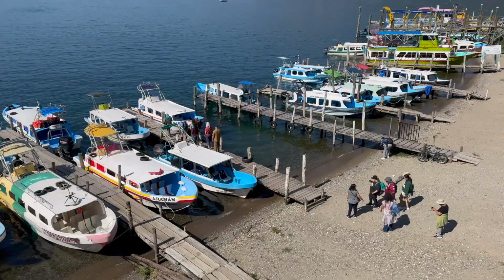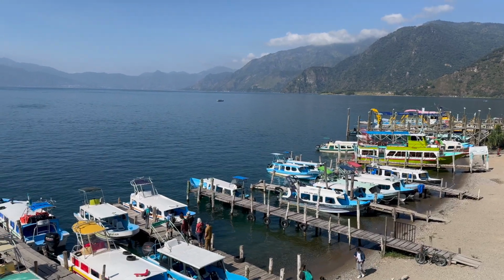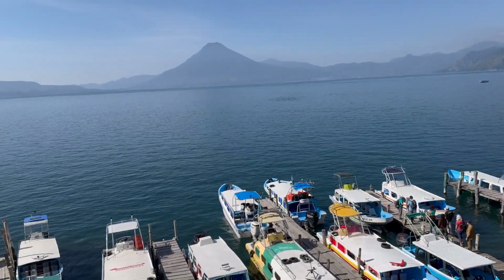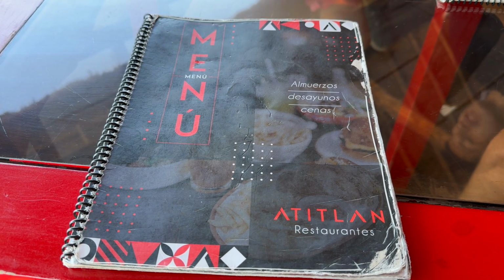What an awe-inspiring view of Lake Atitlán. Surrounded by majestic volcanoes and lush greenery, this lake is often referred to as one of the most beautiful in the world. And most importantly, this is where we were going to grab breakfast because we were starving after that